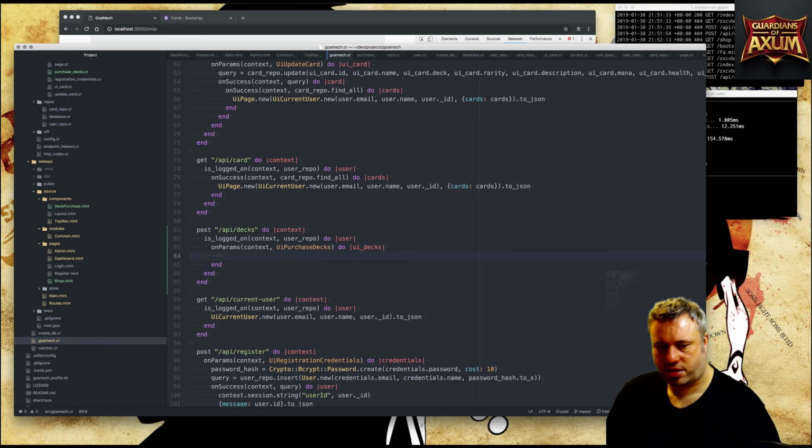Okay, so now the fun part. So once we get our deck information, we want to generate the cards, the 30 card, well, the number of decks that we purchased. So we probably need some deck repo. So for each user, a user will have a deck, a quantity,